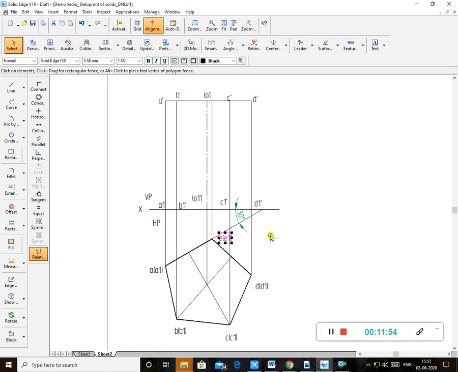E1 is here, which is the backside. This backside is actually not seen, so I'll make this line a hidden, dotted line. Now I'll name this hidden line. This is E dash. This is the E1 dash. This E1 I'll take this side. Now the front view is drawn.